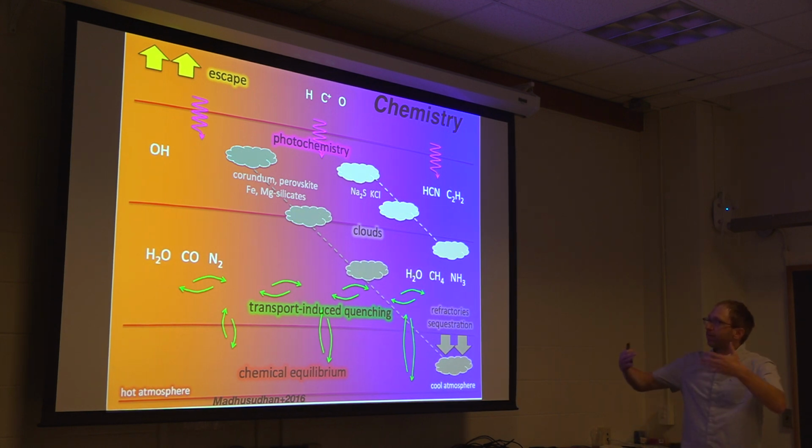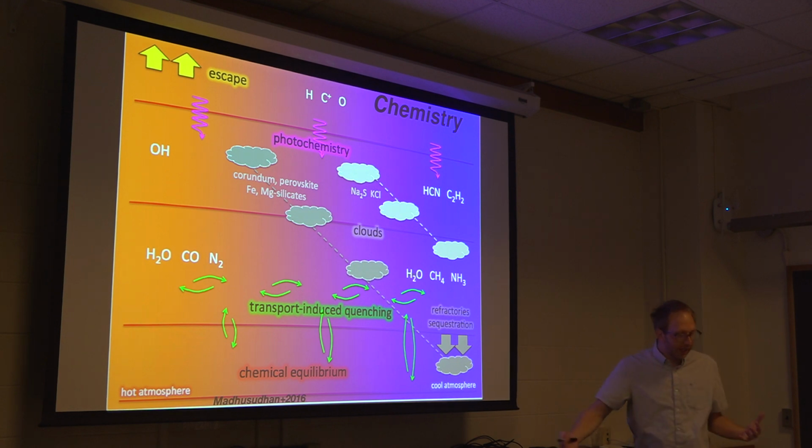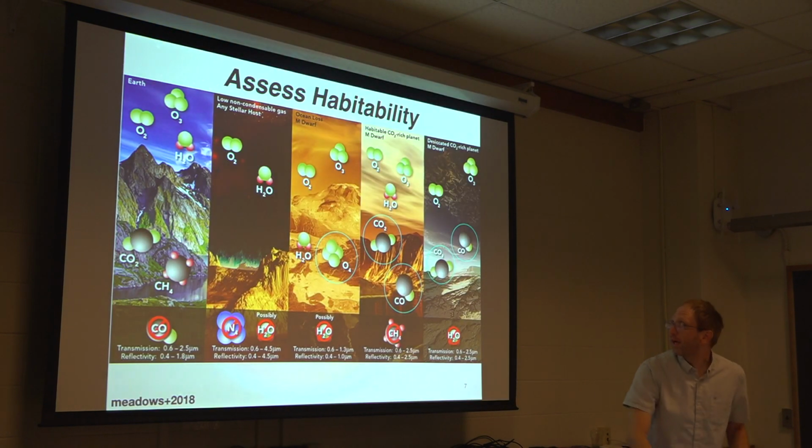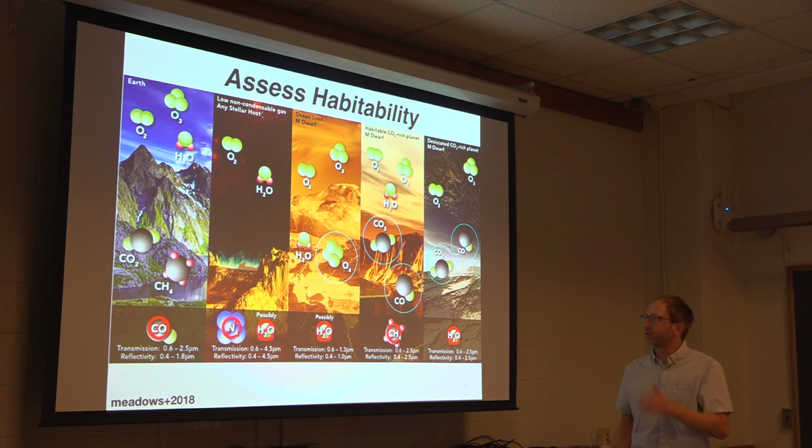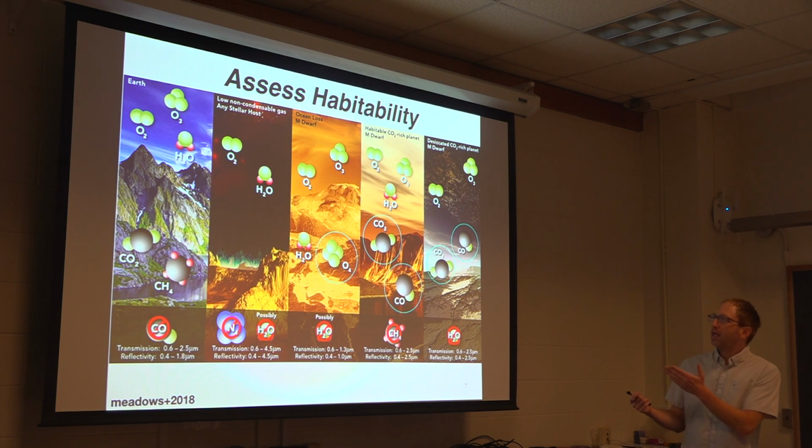Again, this is information that we can only get by looking at a broad range of objects to provide that kind of lever arm in these different regimes in terms of understanding which mechanisms are going to matter the most. And then finally, one could argue that one of the prime reasons why we're studying extrasolar planets, I don't think it's the prime reason, but is to assess habitability and figure out whether or not we're alone. And so one way of doing that is by looking